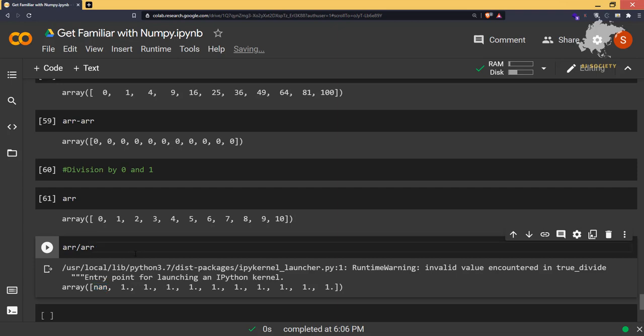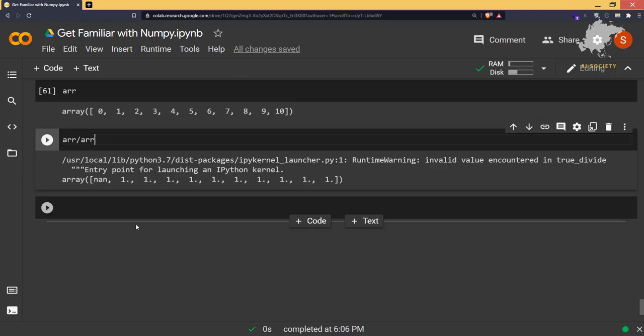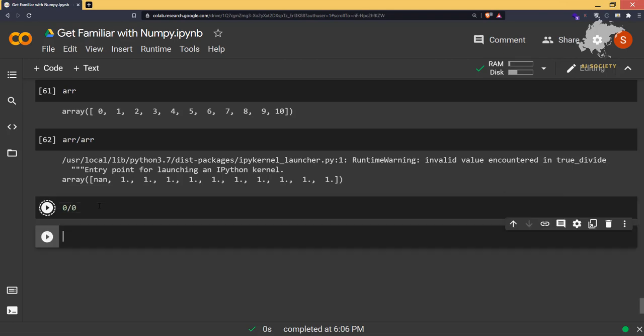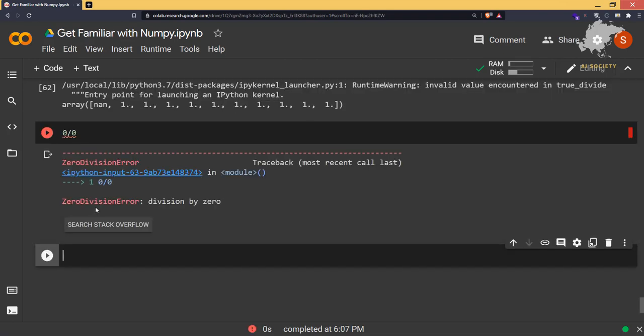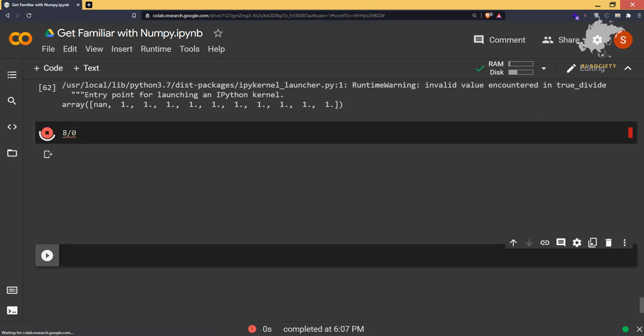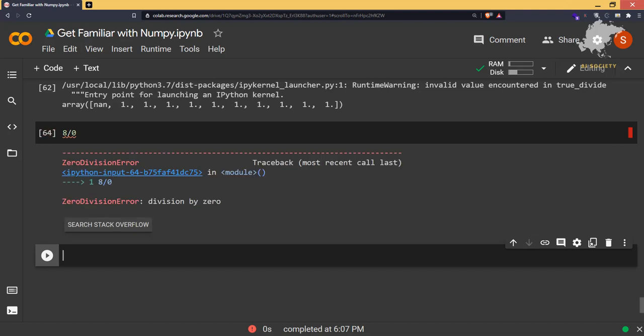Okay, so whenever you create a project, sometimes this kind of thing creates problems, and you have to debug that. But in the traditional way of Python, it is not going to present you the output, and it is going to say ZeroDivisionError. Anything that you divide by 0, it is going to give you the zero division error. But in NumPy it is not invalid. It is still going to present you an output. Let's say we have 1 divide by arr.